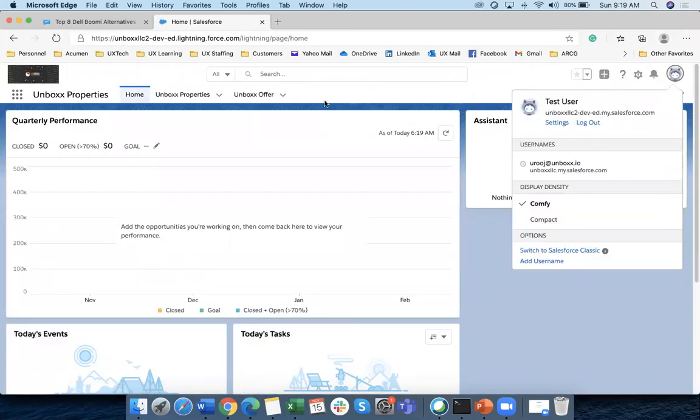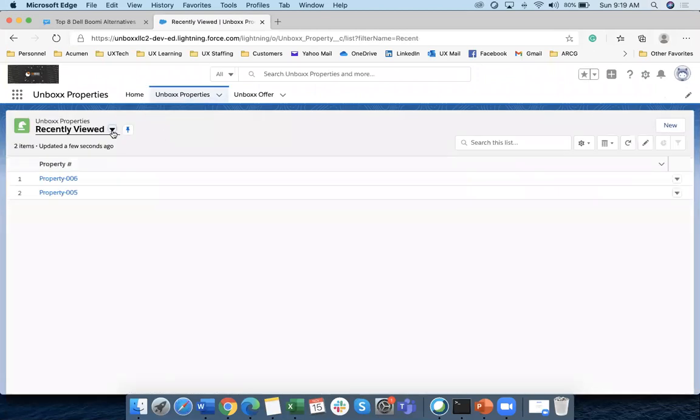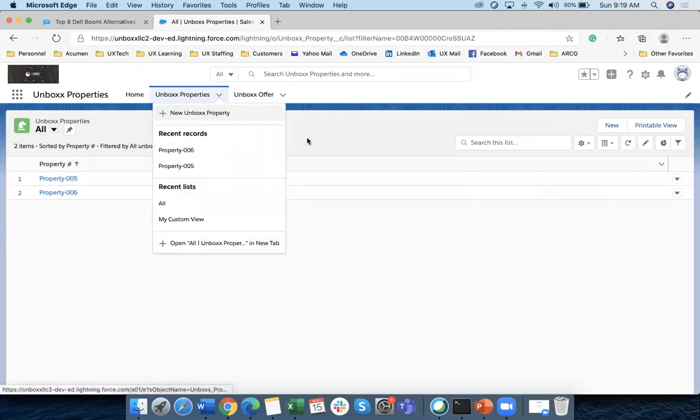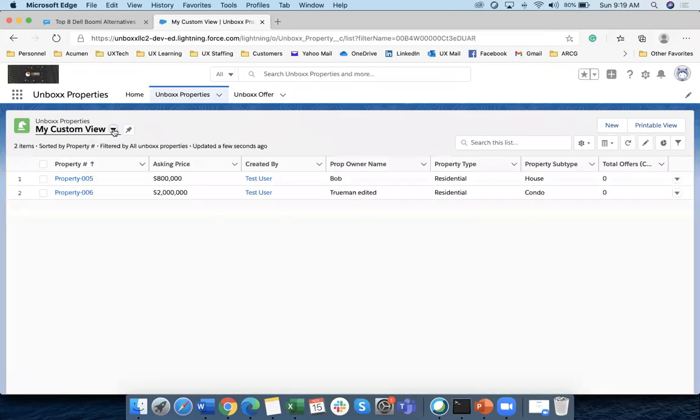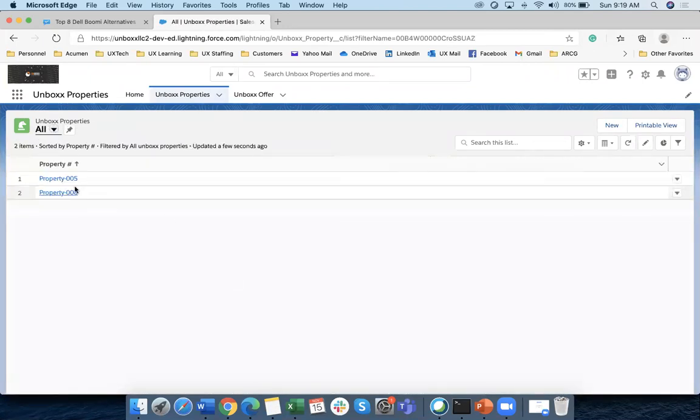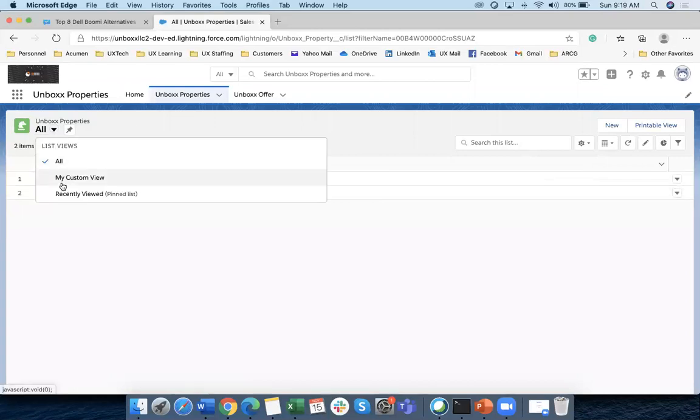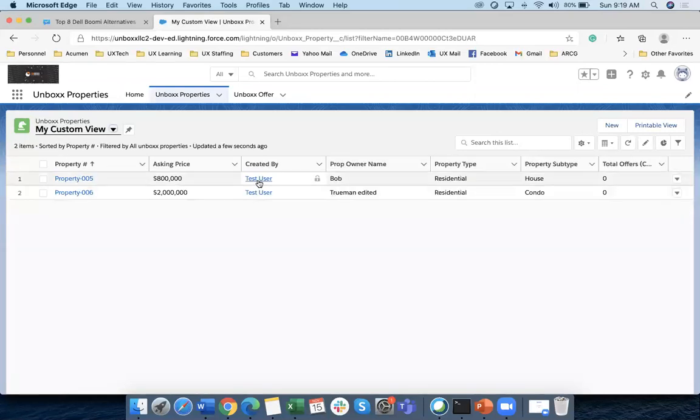Okay, our test user, and then we can go to Unboxx properties and see how many records are there. Did you notice that we have only 2 records showing up here, although there are about 6 records? So, custom view, just want to make sure I'm not missing anything. Okay, so you see only 2 records, and if I want to see my custom view, those 2 records